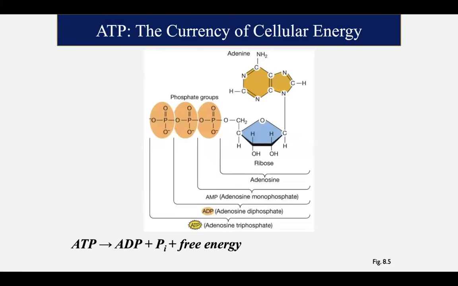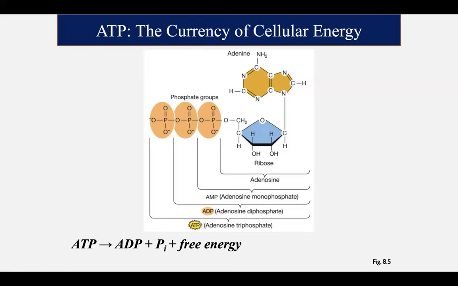So cellular energy, I believe we talked about ATP in the first exam as well, but to those of you who aren't sure, ATP is essentially the currency of all cellular energy. It has an adenine bound to a sugar and then three phosphates. ATP stands for adenosine triphosphate, so three phosphates. Some of the free energy released by exergonic reactions is captured by ATP, which can then release that energy to drive endergonic reactions.